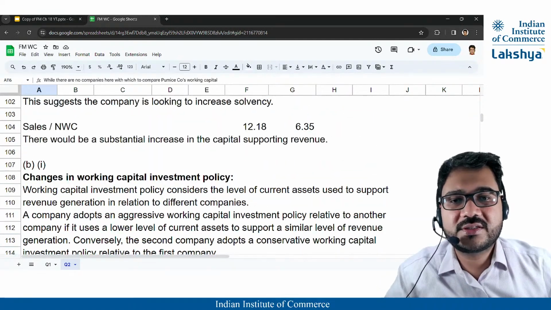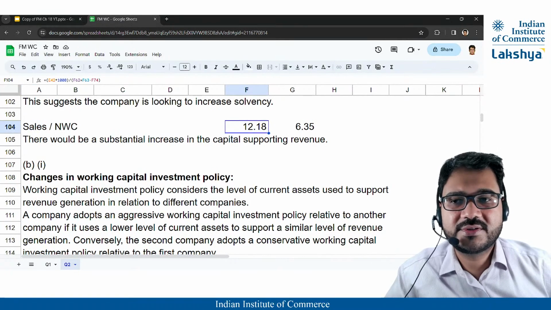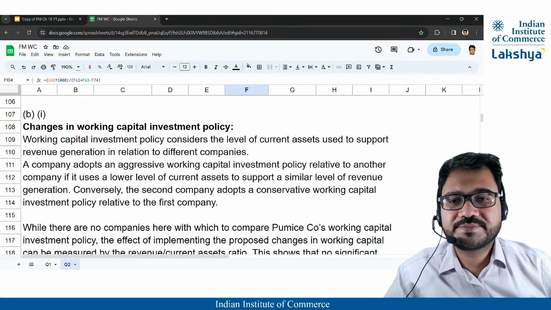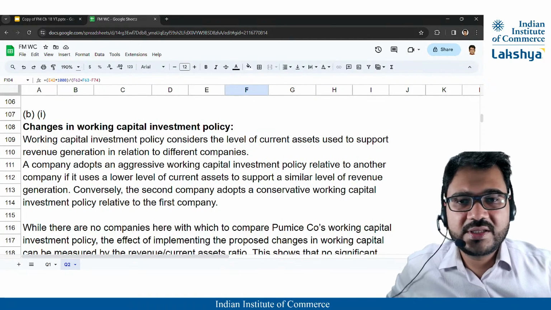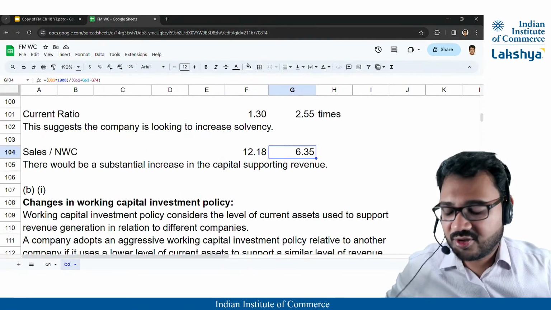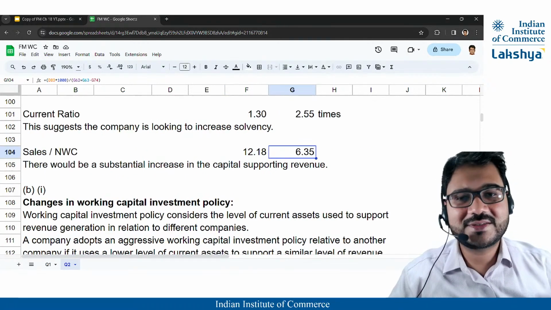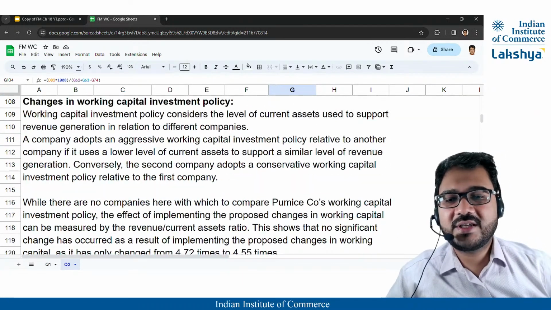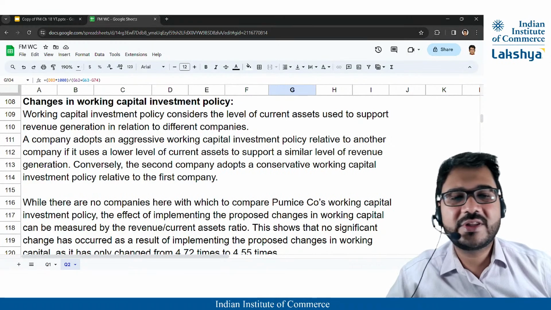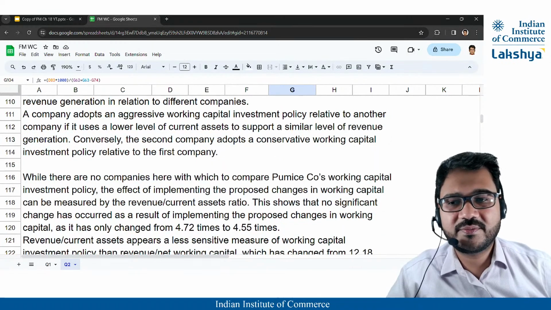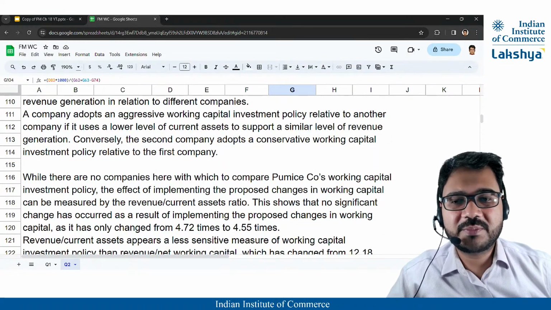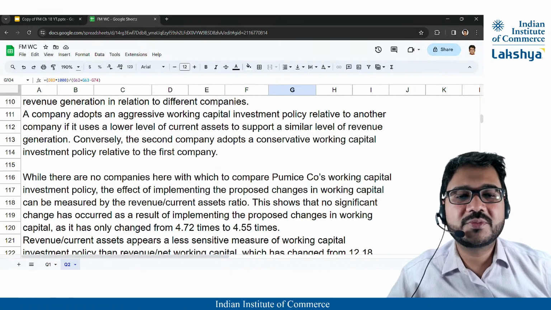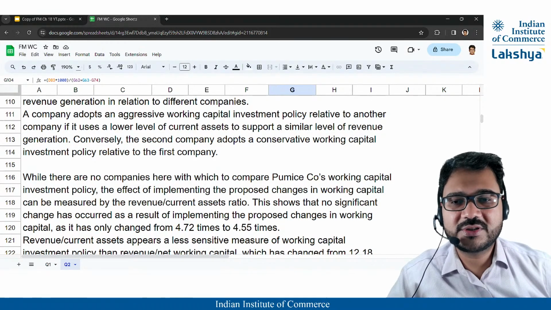Like if you see, this seems aggressive, but this is slightly less aggressive. It's not conservative by any means, it is slightly less aggressive. So here we are saying there is nothing to compare, so we don't know which one is aggressive. But while there are no companies here with which to compare the company's working capital investment policy,